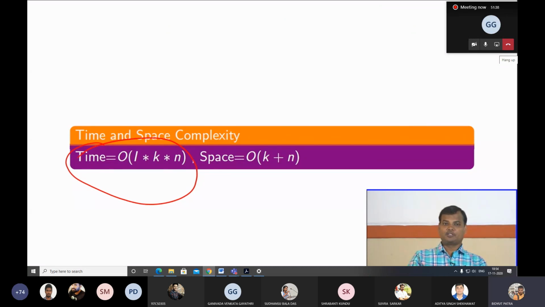For space complexity, we are assuming that everything will be in main memory, including the points. See, one point must be noted here. When you get a cluster and compute the centroid, that centroid may not be a point from the data set. It can be a new point because we are taking the mean of a few points. That may not be a point from the data set.